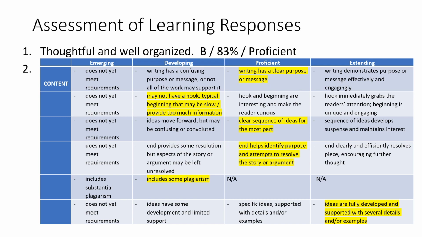Before I get into descriptive feedback, here are two traditional assessment of learning responses. The first one, thoughtful and well organized, B or 83% or proficient. It gives a grade, percent, or competency level, but there's not much information there, and it doesn't meet any of the 4 S's. The rubric provides more information about where the student is, but doesn't provide specific steps to move forward. It's not really student-centered because the same rubric is used for all students, but it could maybe be considered somewhat strengths-based, but it doesn't focus on significant improvements.